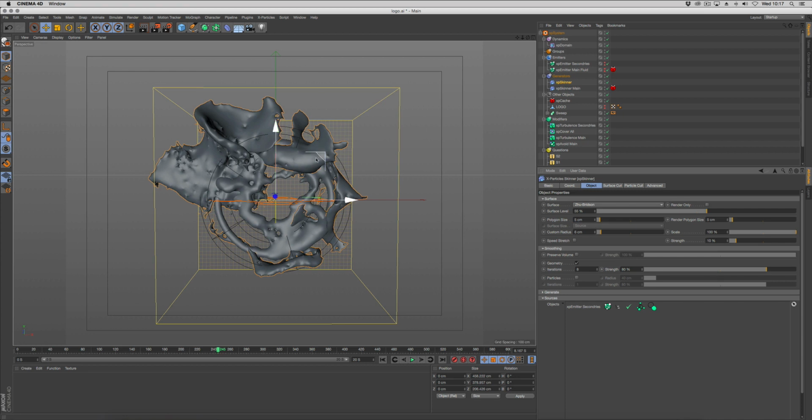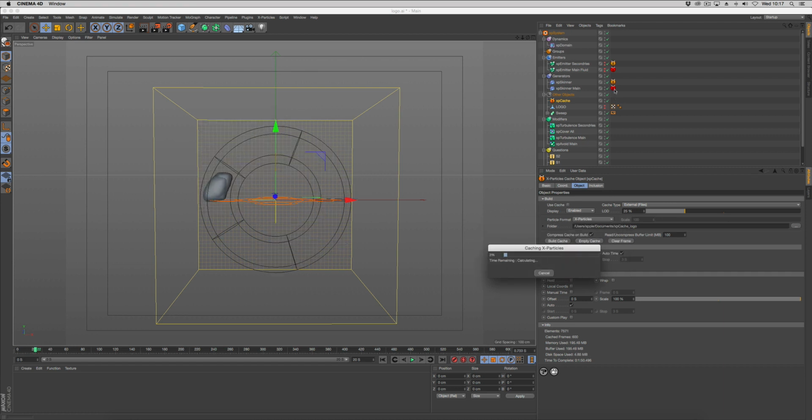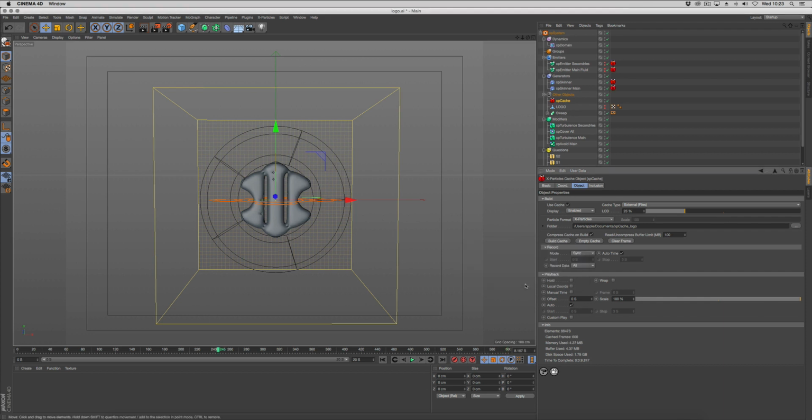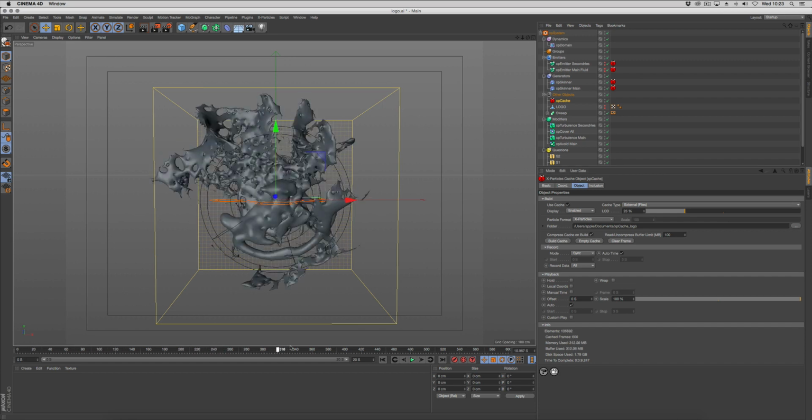Next thing we're going to do is we need to cache this one. So we go back to our cache object, and we'll use build cache, but instead of overwrite, we're going to use continue. That means it's going to continue from what's already cached. So if I hit continue, you'll see that the pre-cached stuff is already left as red, and then it's caching the new ones. Okay, so with that done, you can see we've got the particles flying around, and then in the end forming